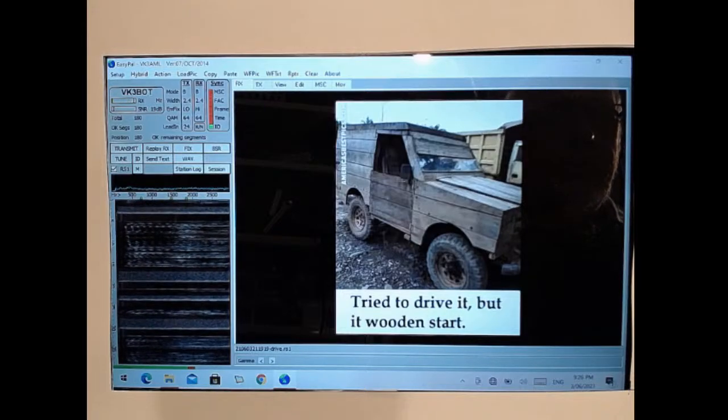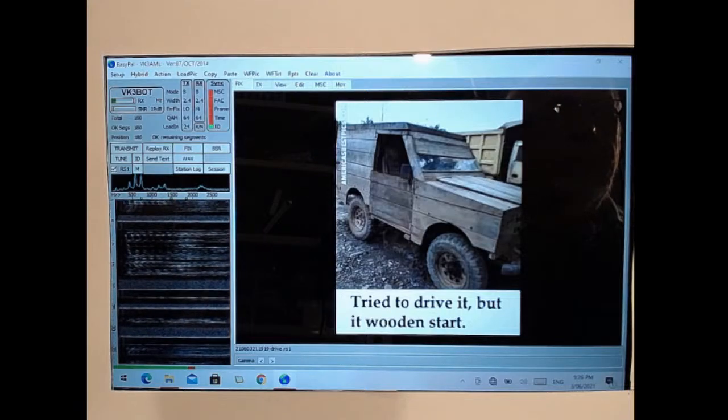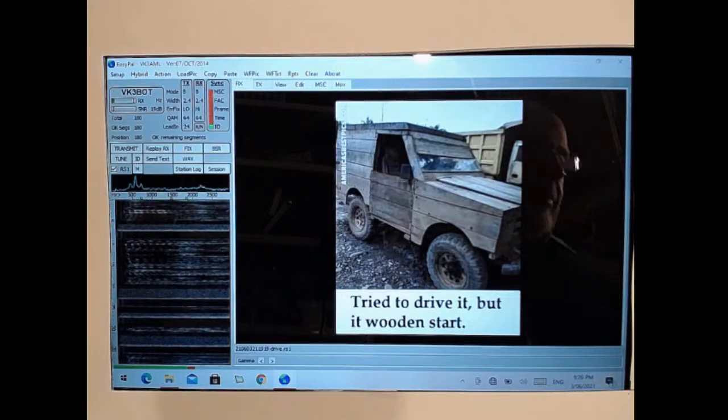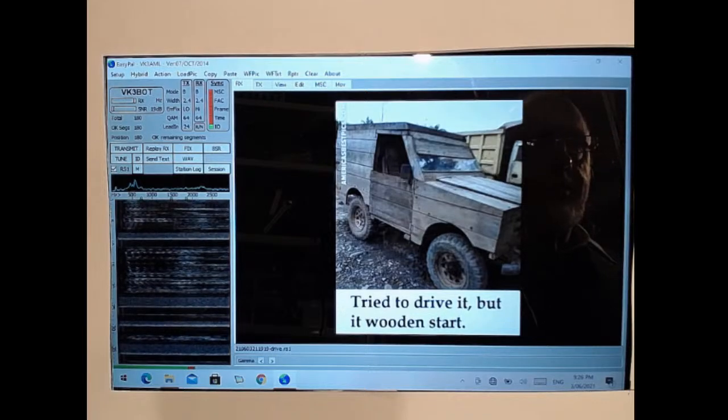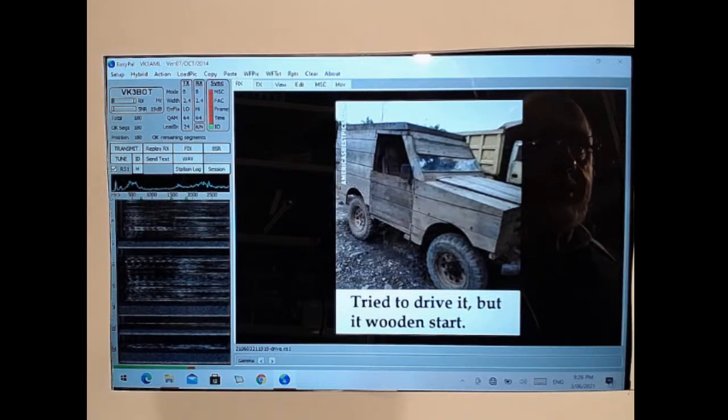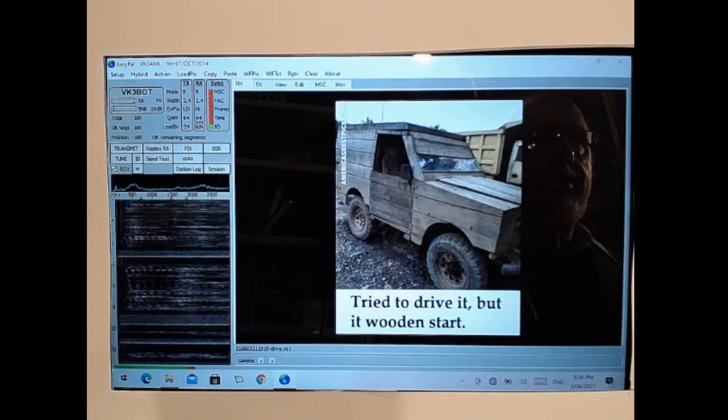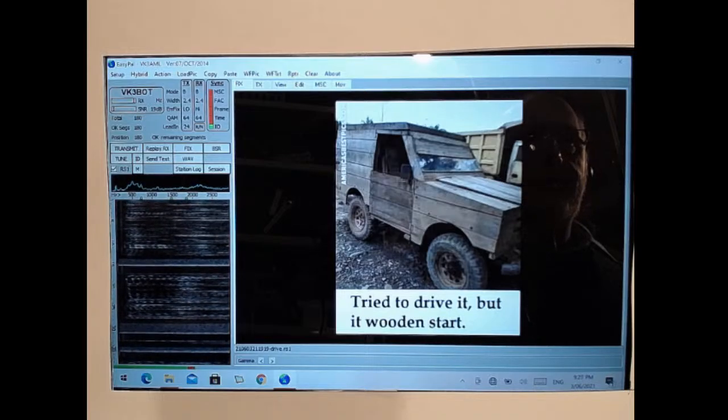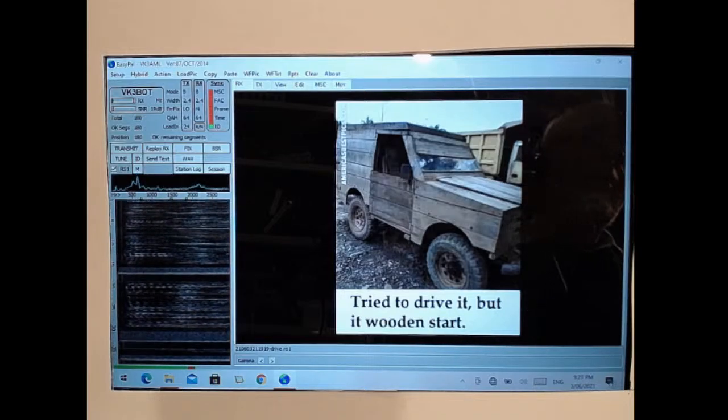VK3FTZD, VK3WWB. No, unfortunately not. I'm just on a handheld at the moment over at my girlfriend's house. And even where I'm living at the moment, I don't have any antenna or radio set up, so yeah, I'm not set up. Not able to do that for a little bit yet.